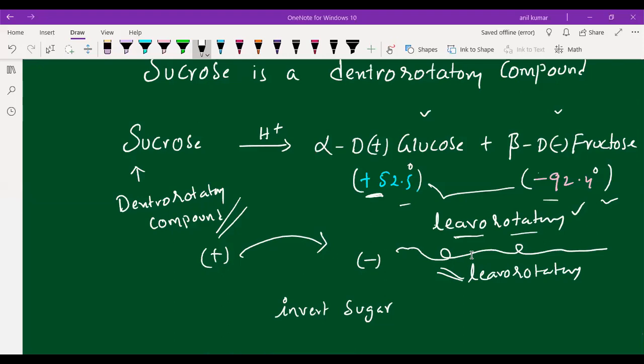That means the rotation has been inversed. So when clockwise rotation is inverted, what are we going to get? We are going to get anti-clockwise. That's why we are calling it invert sugar. Okay, students, so sucrose on hydrolysis, we are going to get glucose and fructose. Glucose is having